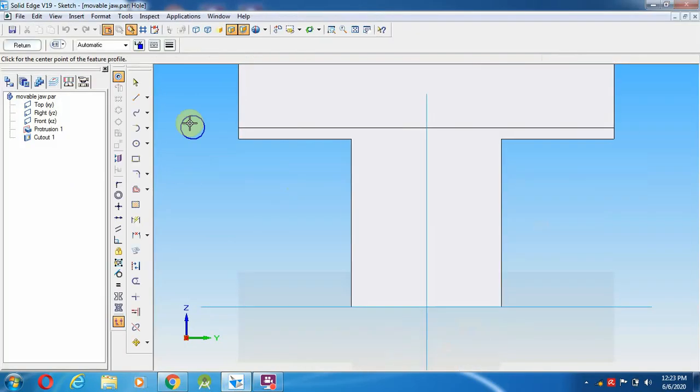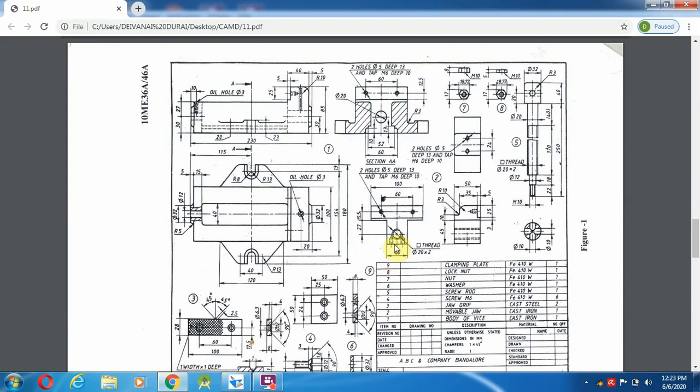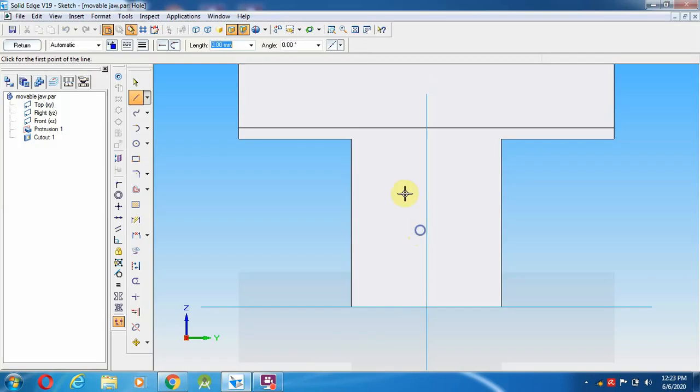On the front plane, from the bottom, what is the distance, the height? From here it is 20 mm. Select from this distance to 20 mm distance.